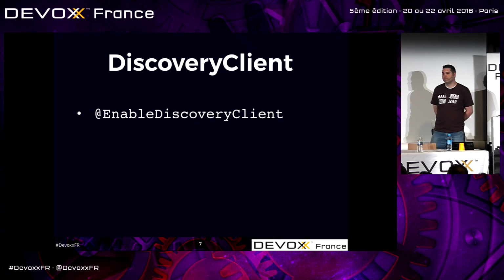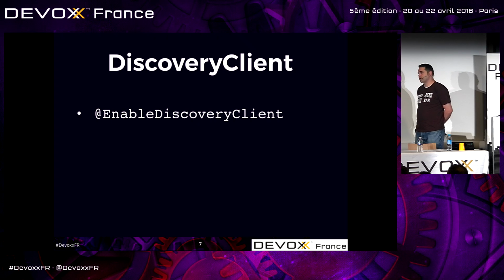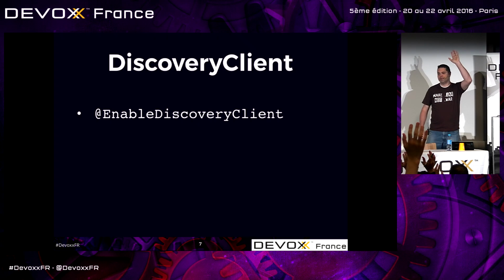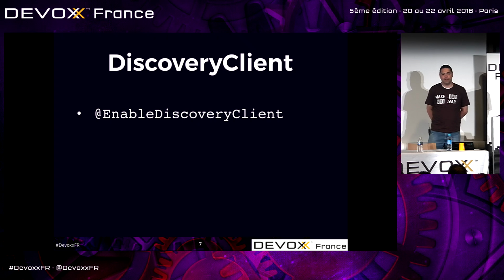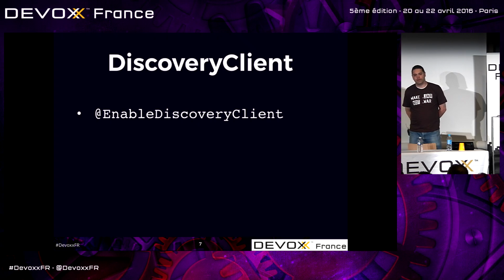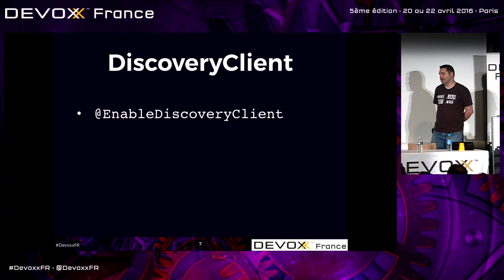Some of the ways in Spring Cloud that you can interact with the service registry: we have an annotation that you can place on your Spring Boot configuration. Who here is familiar with Spring Boot? Sweet. That was almost everybody. So you just throw this annotation on your application, and it will, given a little configuration, register with service discovery and make that instance available to the rest of your system.